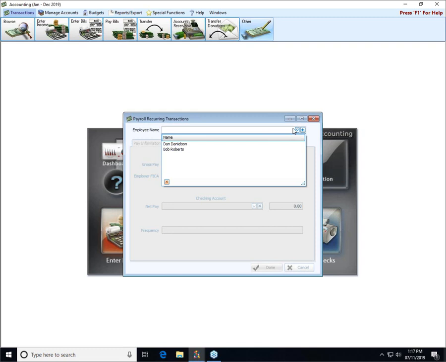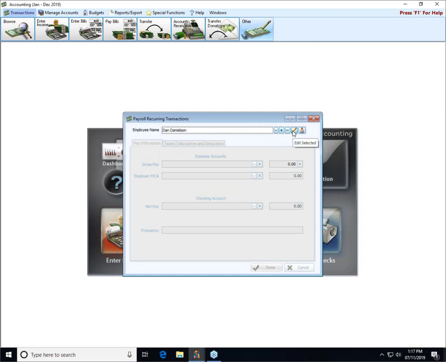Okay? This is a very, very handy function, folks. Big time saver when you are wanting to enter these payroll amounts from an outside payroll service or by someone who's manually calculating in a different program. Can't stress enough, though, that the net pay that shows up right here next to your checking account has to match the amount that actually clears